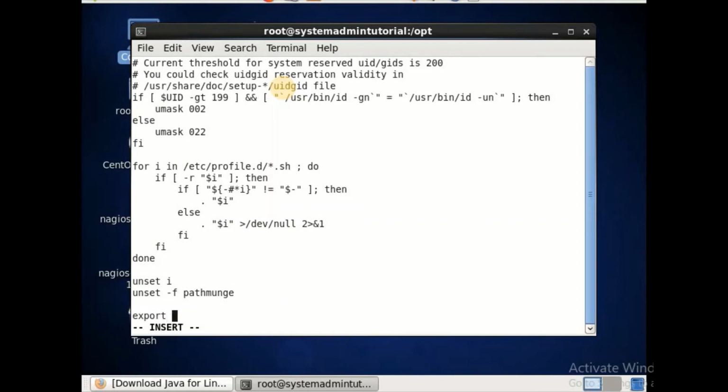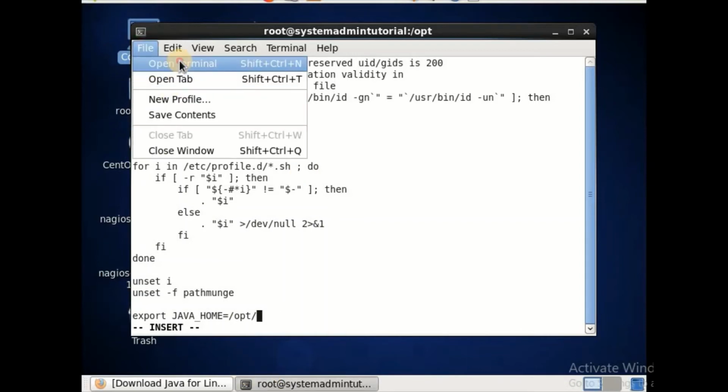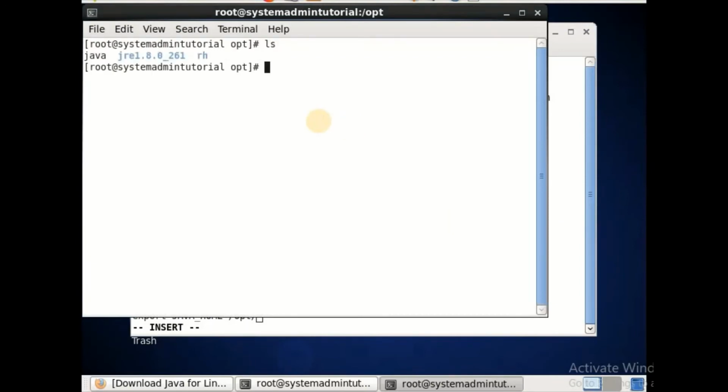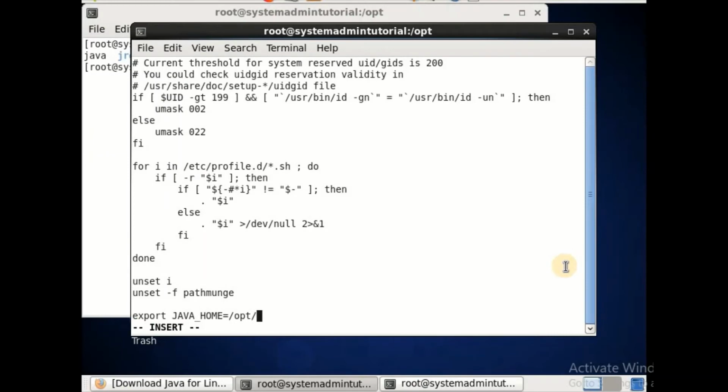First, you have to use the export command. Then you give the JAVA_HOME. The location is opt, then the JRE 1.8.0 folder.